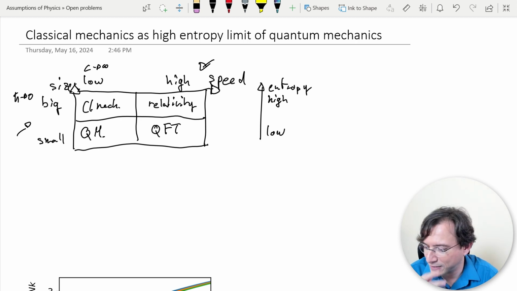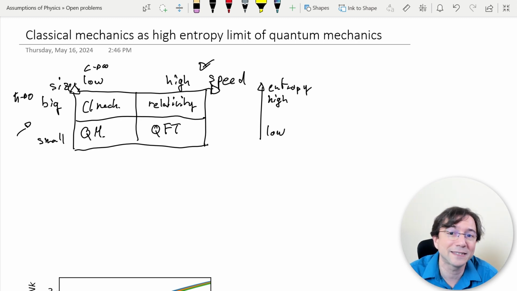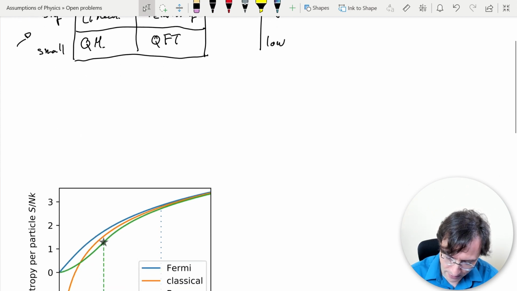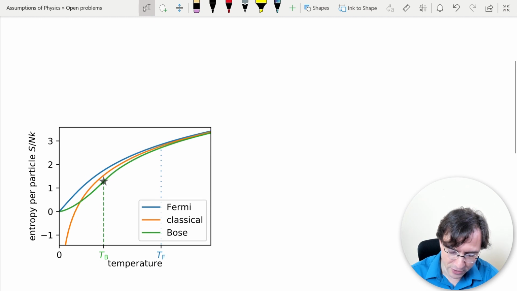So one of the things that one can see is that a lot of effects that require quantum mechanics show up, for example, at low temperatures. So if you look at the, oh, this does not move anymore. There you go. How is this not working? There you go. Okay, so if you look, for example, at the